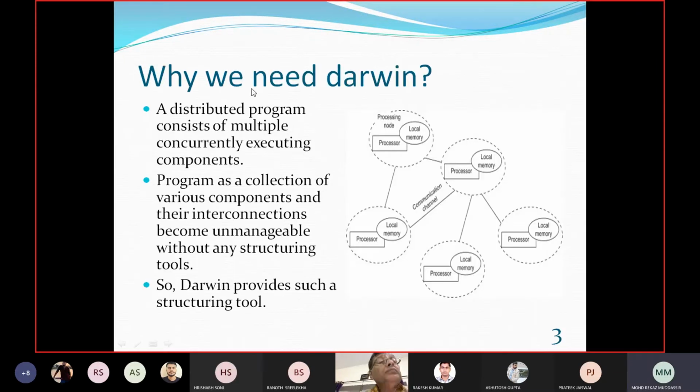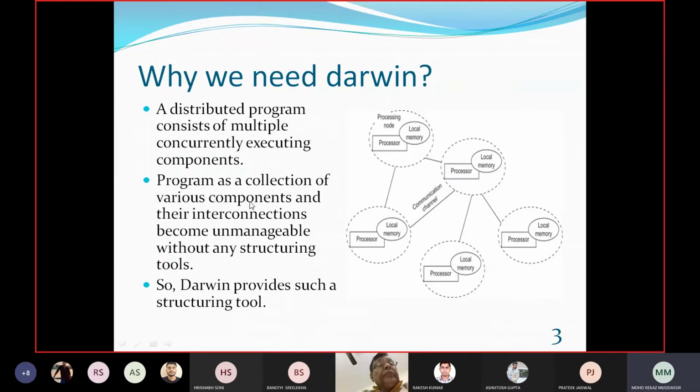So why do we need Darwin? Basically, we use Darwin when we need to deal with distributed systems. A distributed program consists of multiple concurrently executing components. In a distributed system, there are different clients at different locations, each client has various programs running, and each program has a large number of highly interconnected components.